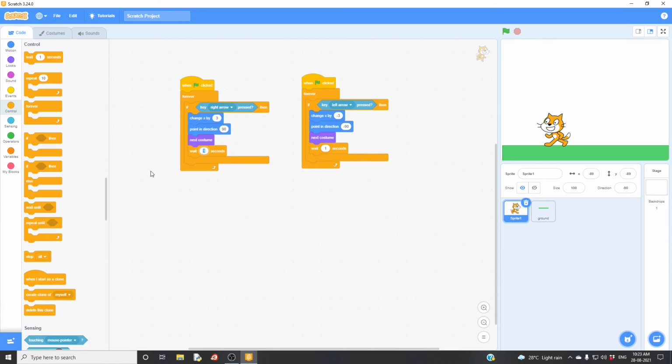Make it 0.5 seconds and here 0.5 seconds. Let's check now. Oh, it's too slow. So change it to 0.1 and here 0.1. Okay, let's check now. Yes, good.